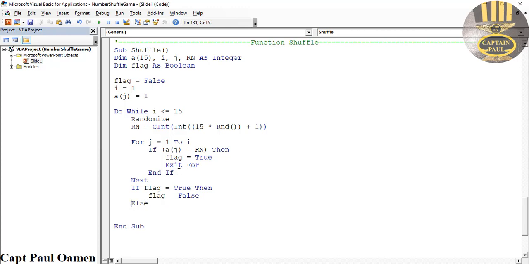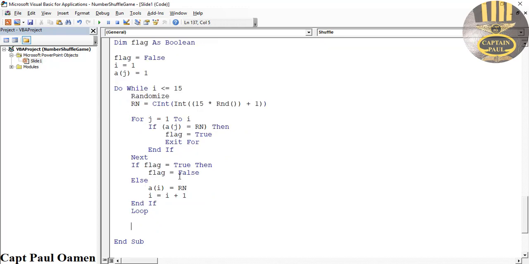Else A will take whatever we have in i, and that will be equals Rn. I will now say i equals i plus 1. We increment i, and we get the whole system looped. Come down here, get that looped. There. Now that that is done,